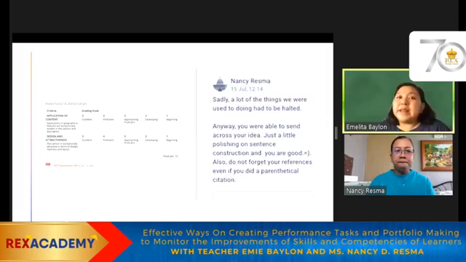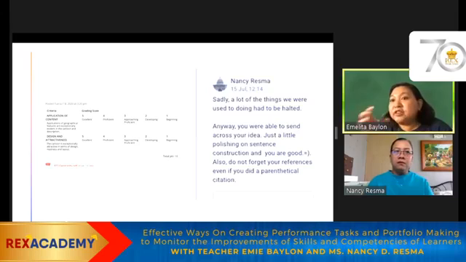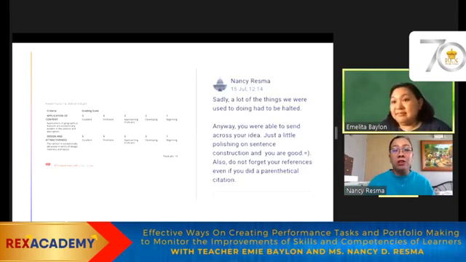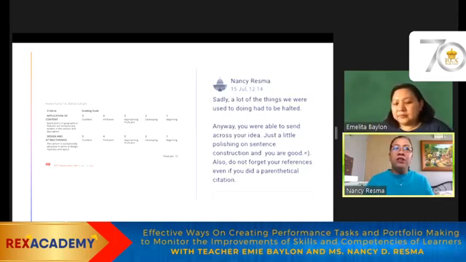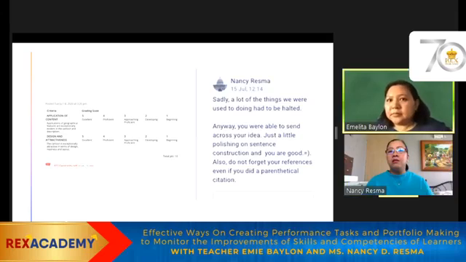So, Miss, kung halimbawa your design, do you normally benchmark it with, for example, the designs of other teachers, like let's say public school teachers? Do you have that opportunity to really gauge your curriculum design with the designs done by other teachers as well? I think it's important, kasi first of all, we're using one and the same curriculum guide and performance standard. So whether you're teaching in the public school or in the private school, you are looking at the same standards, and students will be engaged by those standards.